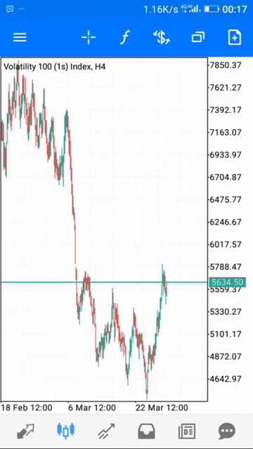Number 1, define your trading time frame. Number 2, you use a proper zoom level. Number 3, you determine the direction and position of the market at that particular point in time. And then fourthly, you take note of the PAP, that is the price action pattern at that particular point in time. Today we are starting off with how to use trend lines to identify the trend of the market.